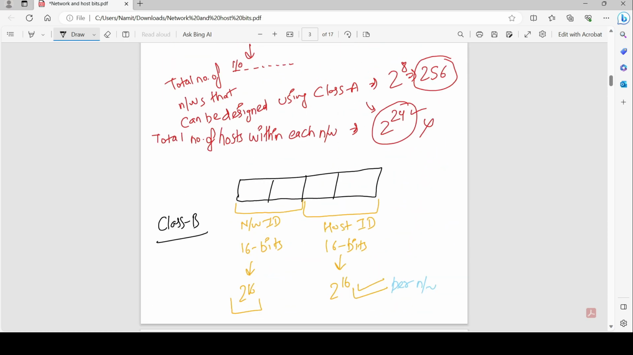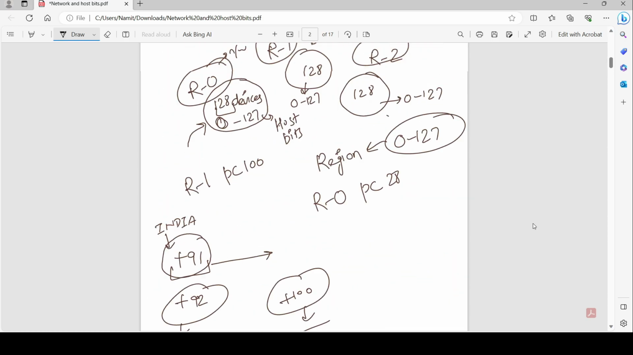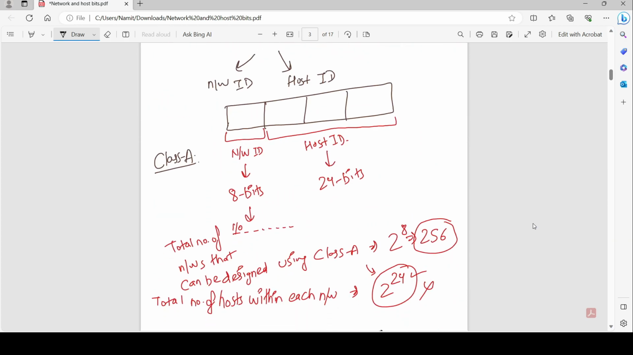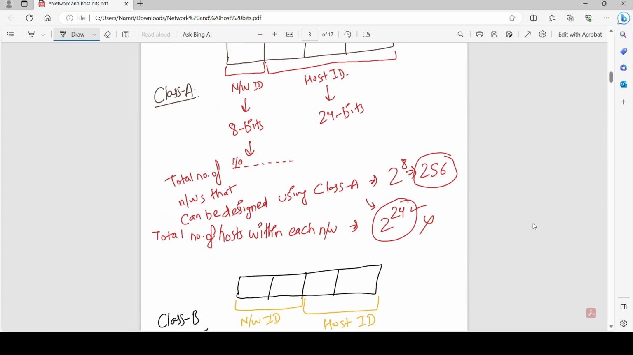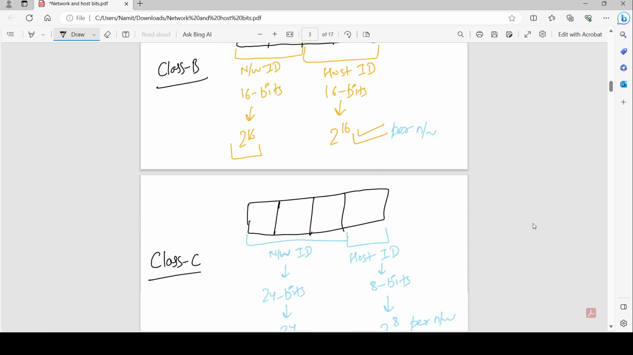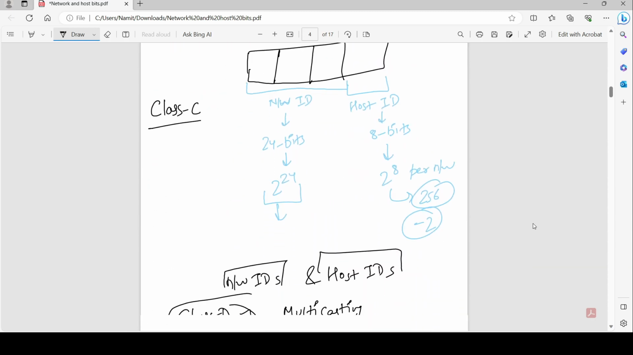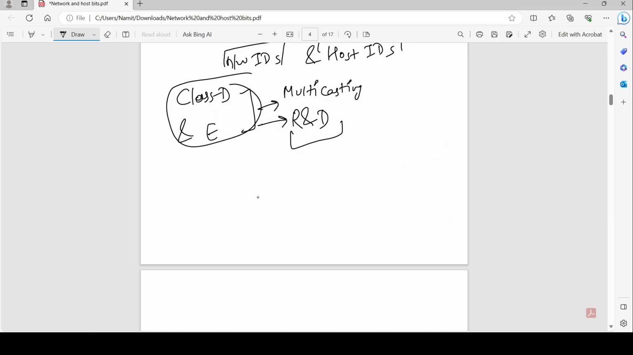Okay, so if we are clear with this thing, we'll proceed on in the next video only. By tomorrow your homework is to find out the IP address in your lab PC,